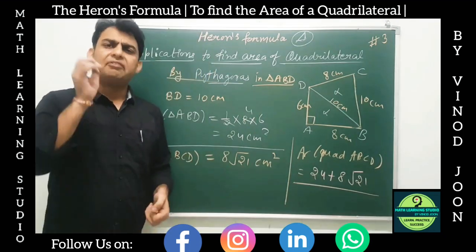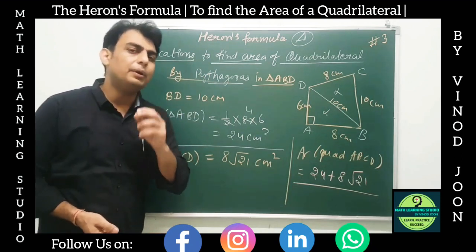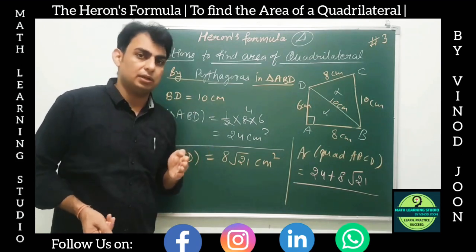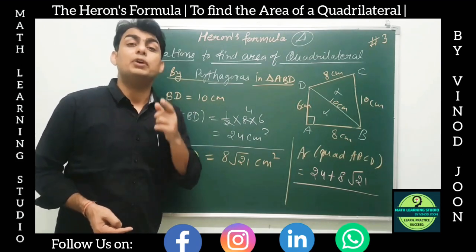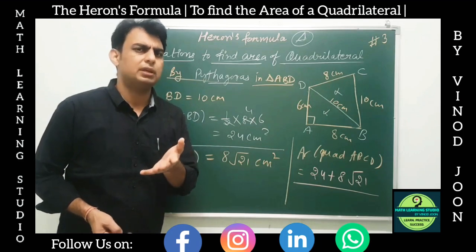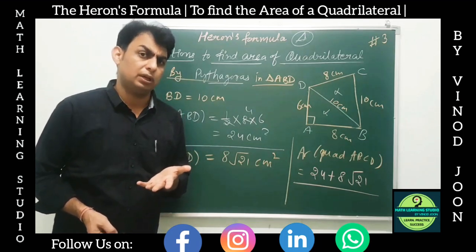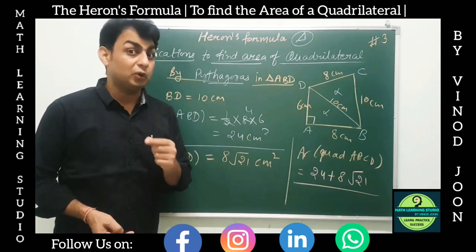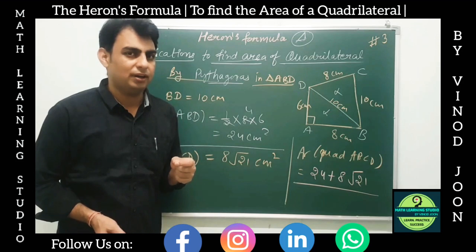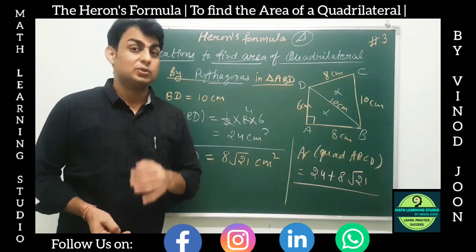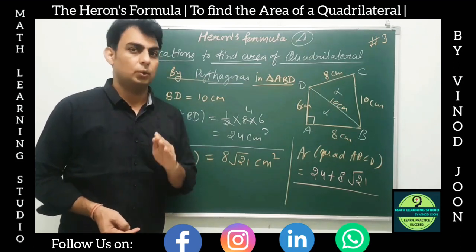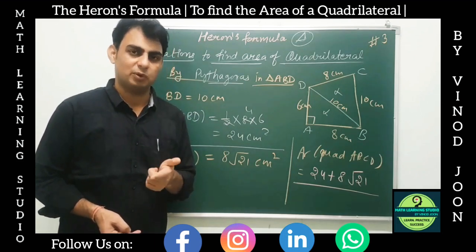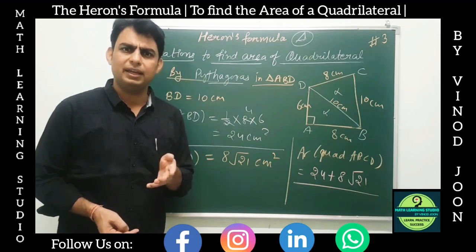Next, we will take on a very important and a little bit confusing kind of question based on Heron's formula only. Its application is in finding the area of a trapezium, right? Now you may be thinking that the area of a trapezium has a direct formula. Yes it does, but remember one thing, what formula can be applied depends on what is given in the question. So in this particular example, we will not be given what is required in that direct formula. So we'll have to do something different, brother. What do we do?